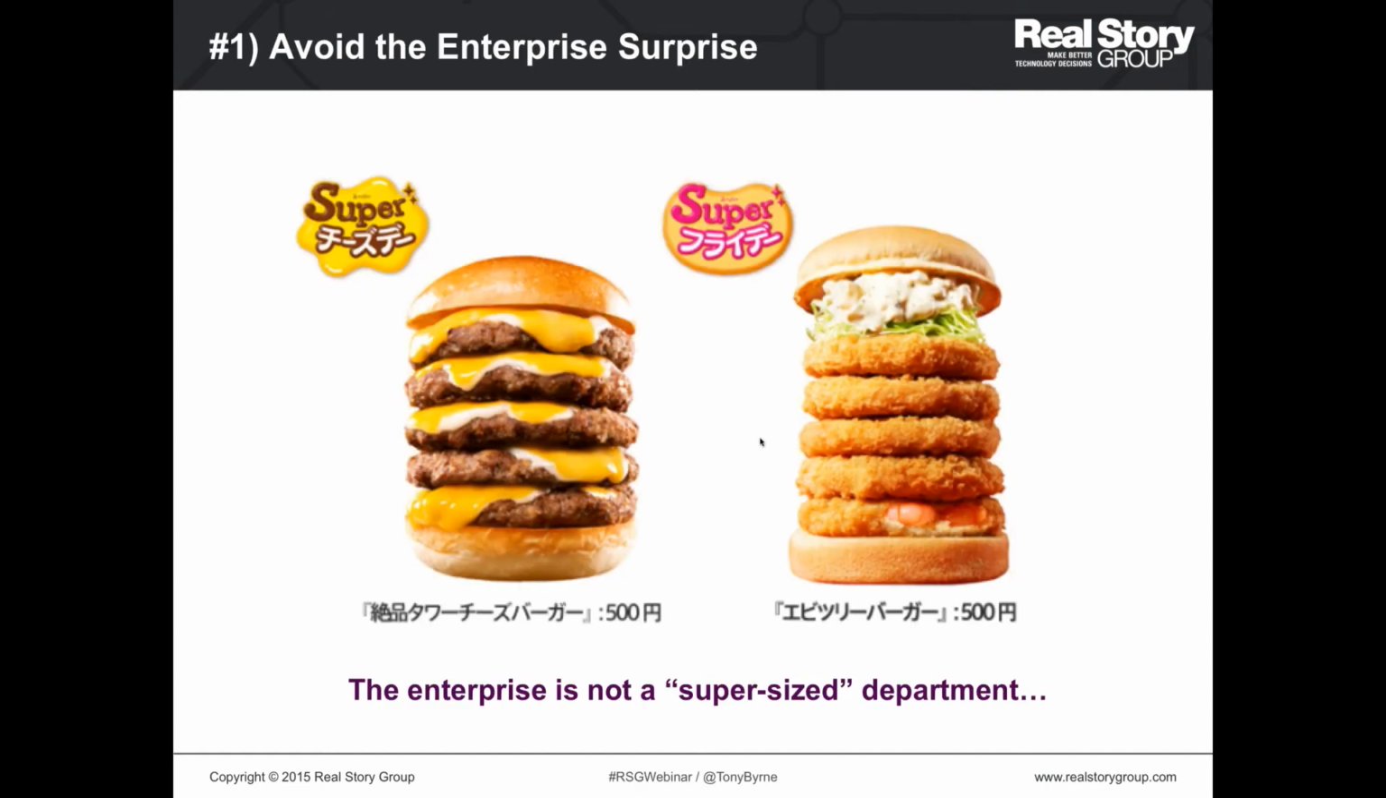5-point checklist for large organizations. So the first one is you want to avoid what we call the enterprise surprise. And there's a lot of surprises that can happen, but this is really the surprise that we see, that when